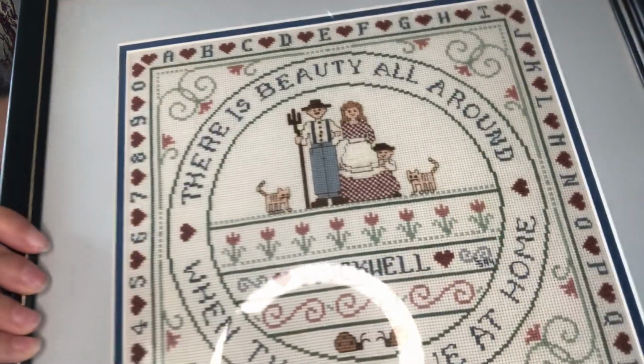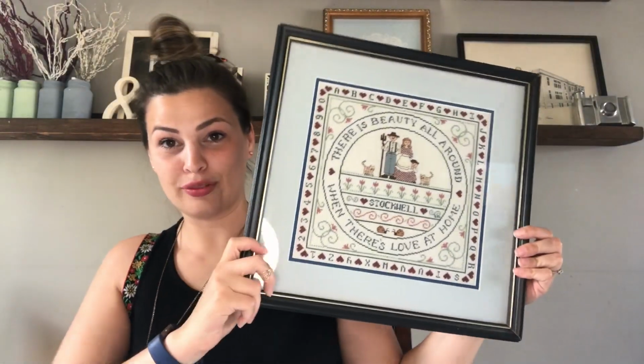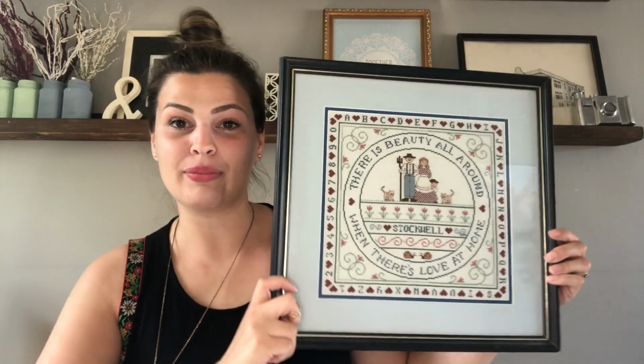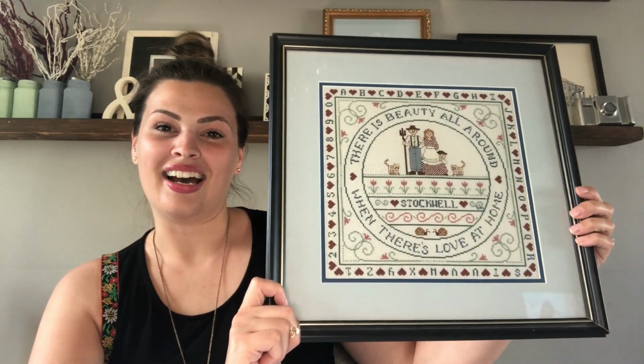There's these little cats there, and we actually had an orange cat. I think we got her in 1994. Her name was Sega, because Sega Genesis was really in, and you know when you turn it on, it would be like Sega. Okay, I know my husband's gonna make fun of me for that one, but so then we named our cat Sega,